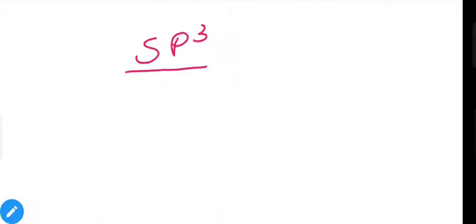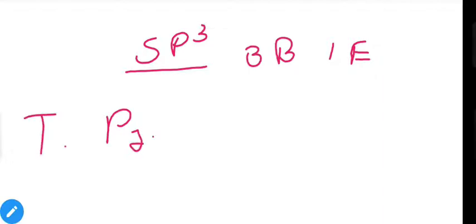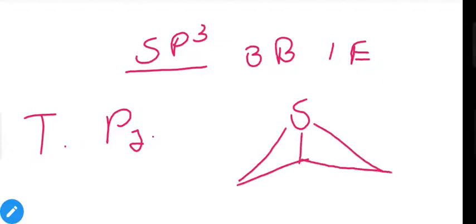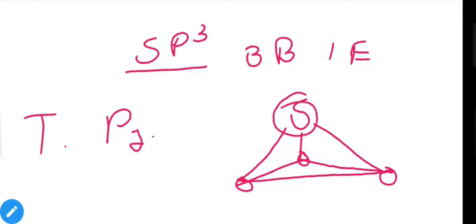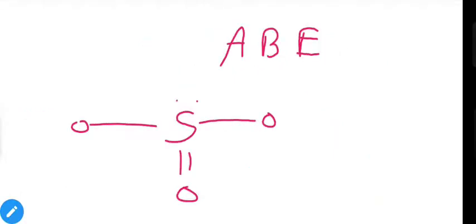So if you have sp3 hybridization and 3 bond pairs and 1 non-bonding electron pair, then the structure will be pyramidal, trigonal pyramidal. That means sulfur will be present here, and then 3 oxygen atoms or ions will be present here. So that means oxygens are present at the base of the pyramid, and sulfur is present on the top of this triangular pyramid. Or you can follow the simple ABE formula, where A is the central atom.